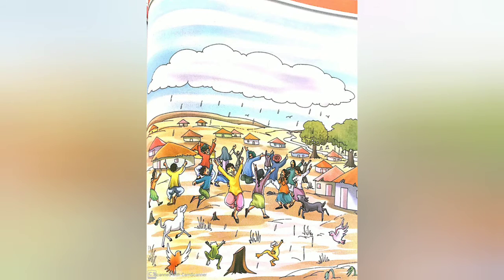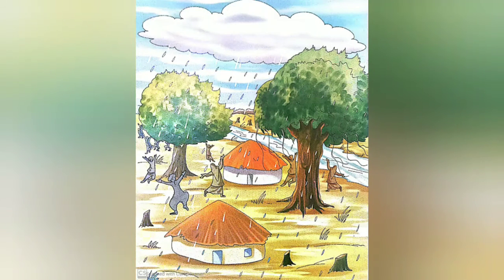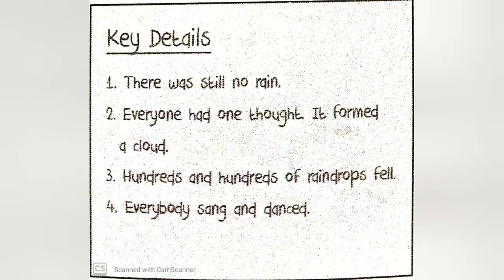Breezes came from every direction. Soon the wind was rushing and howling. Then hundreds and hundreds of raindrops fell, pit, pit, pit, pit, pitter, pitter, pit, pit. They fell on the earth and on the dry grass. They fell on the animals and people faster and faster. Oh, the rain, the wonderful, beautiful rain, cried everybody. The raindrops grew bigger. They fell from the clouds thick and fast. Everybody lifted their arms and sang and danced. Grandparents and parents, uncles and aunts, and all the children danced with joy. The animal, birds, and frogs danced with joy. Even the plants and grass danced with the wind.